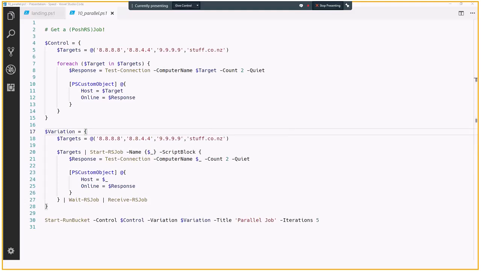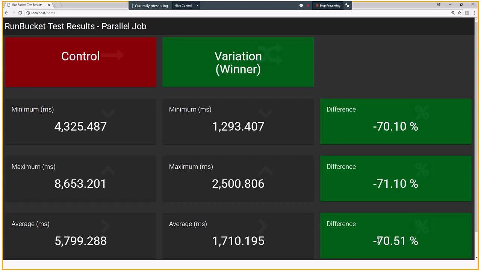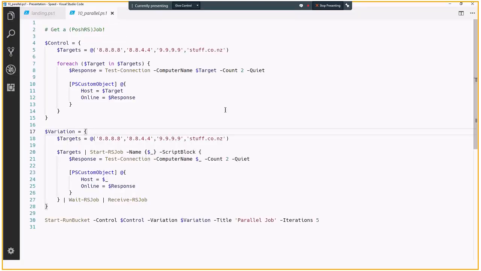So this example mathematically should be about 75% quicker. There is a little bit of overhead in standing up those jobs, so it's not ever quite exactly that, but that makes sense. Thinking of the supermarket analogy, we're pinging 4 hosts, we're sending 2 echo requests. In theory, if we do all 4 in sequence, it should take about 4 times as long as doing all 4 at the same time. Now this is a pretty simple example because we're pinging 4 hosts out on the net. Where I use this a lot is